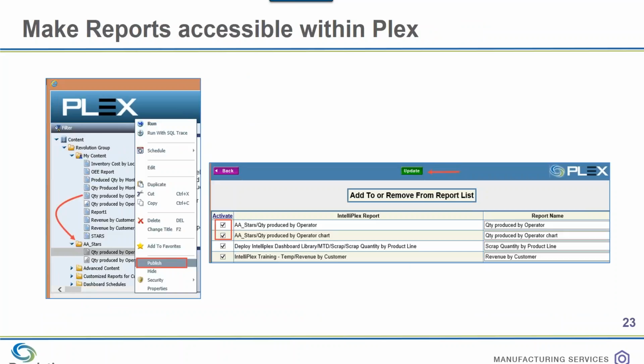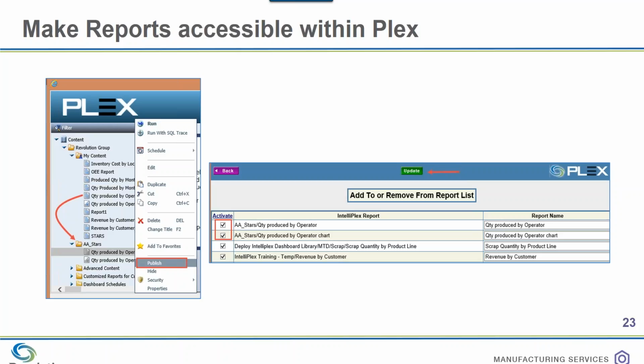One other nice feature is that I can make these reports accessible within Plex, so they will show up in my reports menus, and there's a few steps in order to make something like that happen. First, I need to take that report and put it into a directory that Plex is seeing.